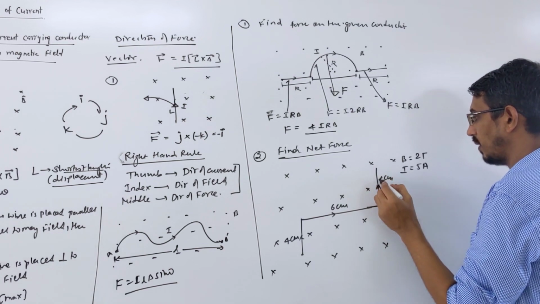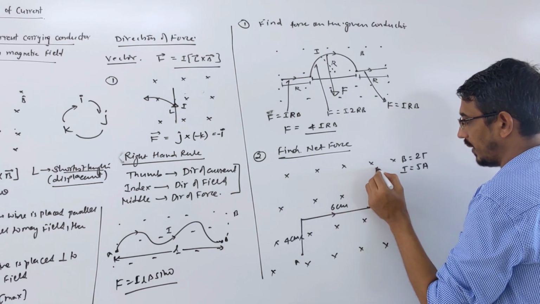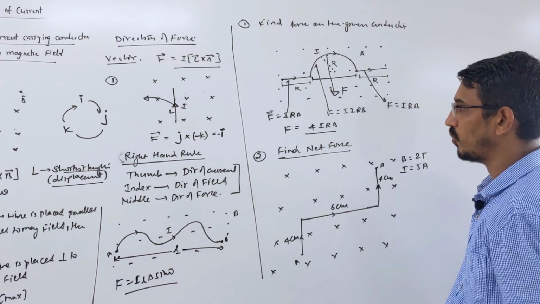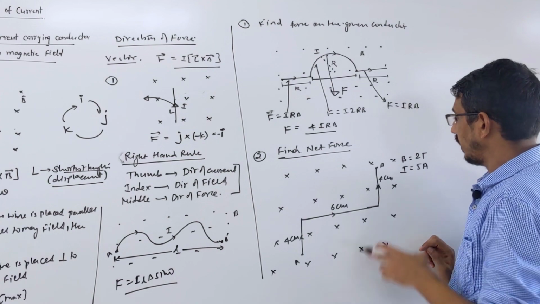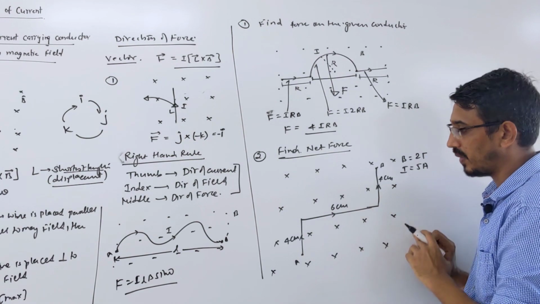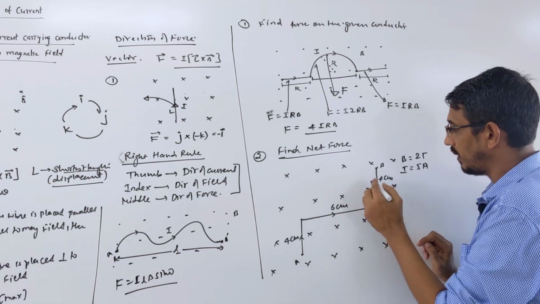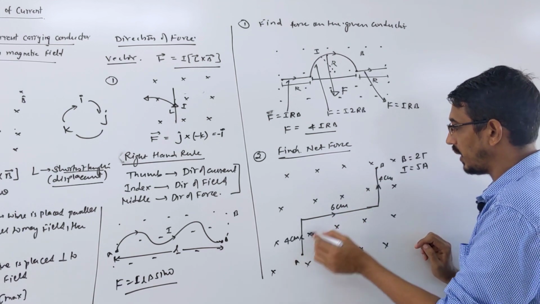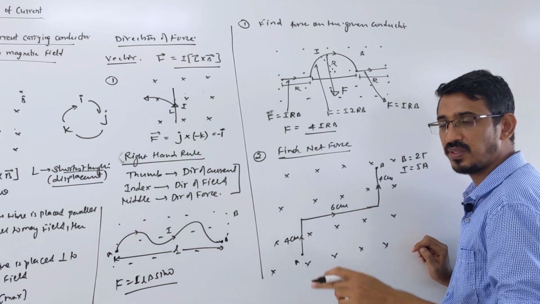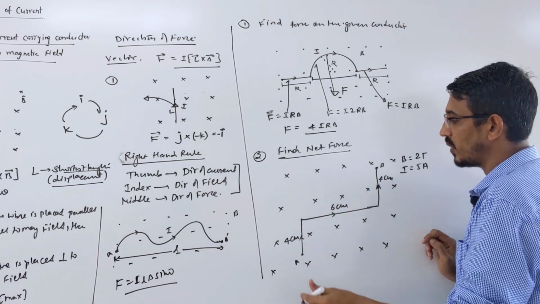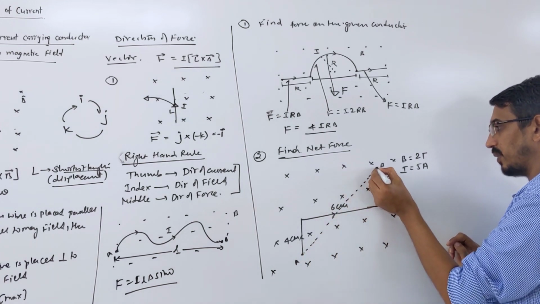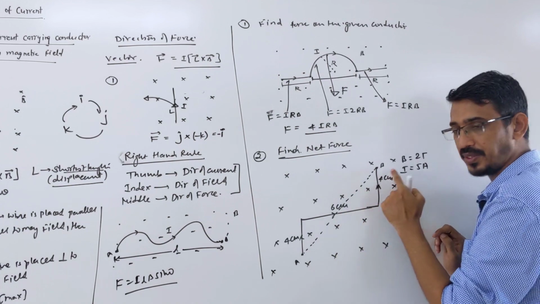So this is a wire, A B wire. We want to find the net force on this wire. So how to find? Look here, current is given, magnetic field is given, so we just need length. What's the length of this wire? We want to find it on the complete wire, so start from point A and end at point B, right? We need just the displacement, meaning the straight shortest distance between the starting point and last point, right? So what is the shortest distance? A straight line you draw, right? So we need that distance in real, correct?